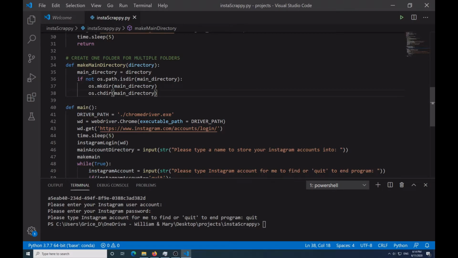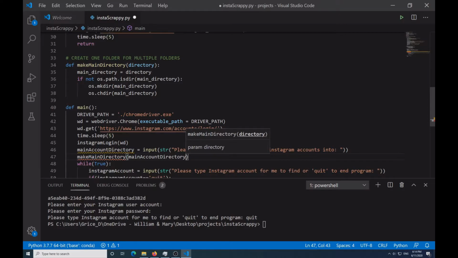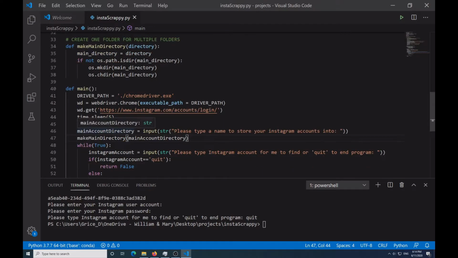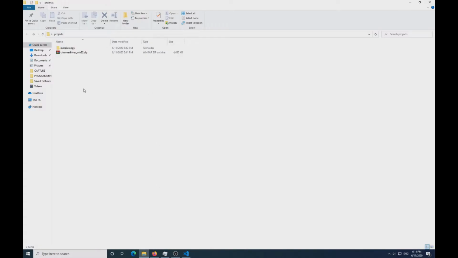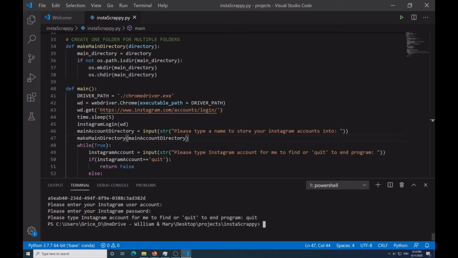So I'm going to change the directory to the main directory, change directory to main directory, and I'll say make main directory, make main directory, and I'll pass in the main account directory. Once you make the main directory, it's going to create it and put it inside of our Instastrappy right here. So if we run this,